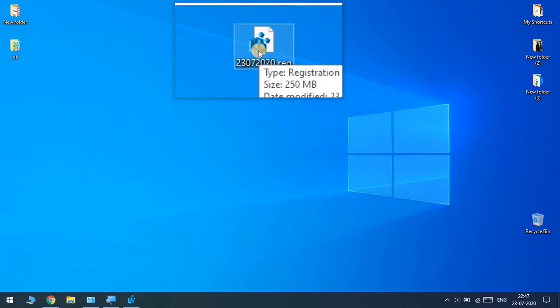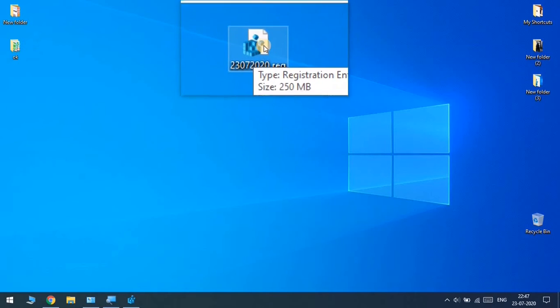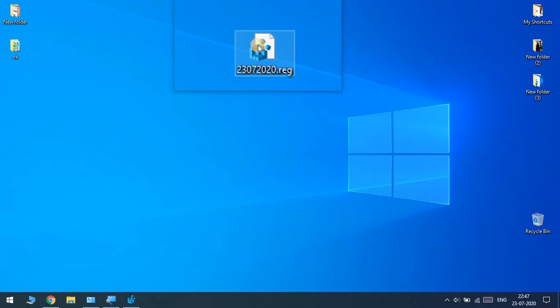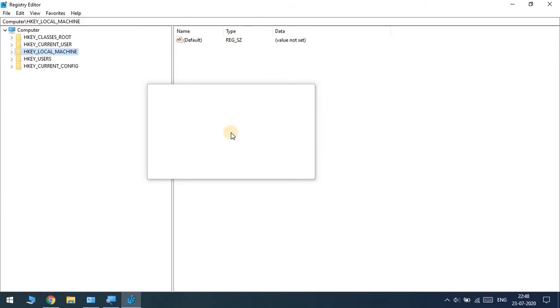For security purposes I ask you to take a backup. Now we are going to edit the registry. We have taken the backup for security purposes. If you make any mistakes in the registry, we can import and overwrite it, restoring the registry as it was previously.